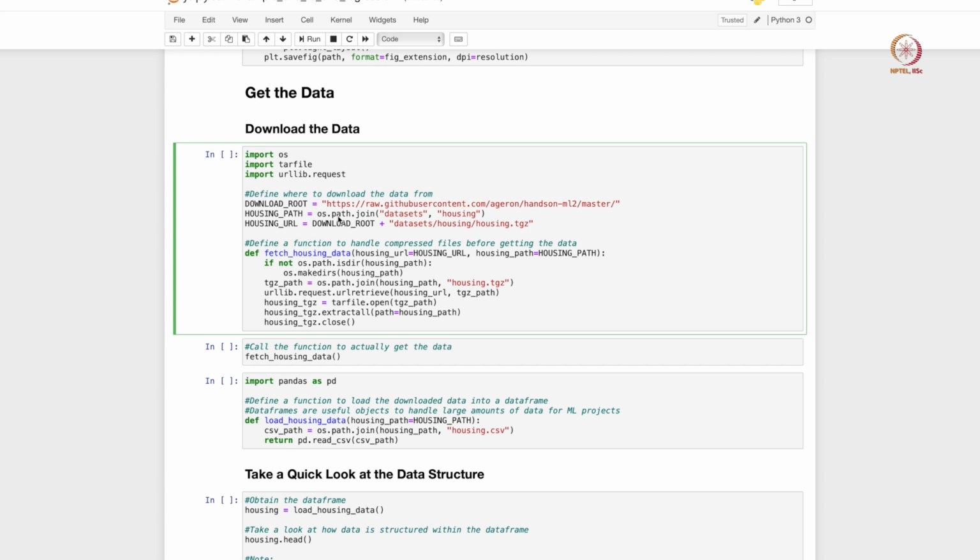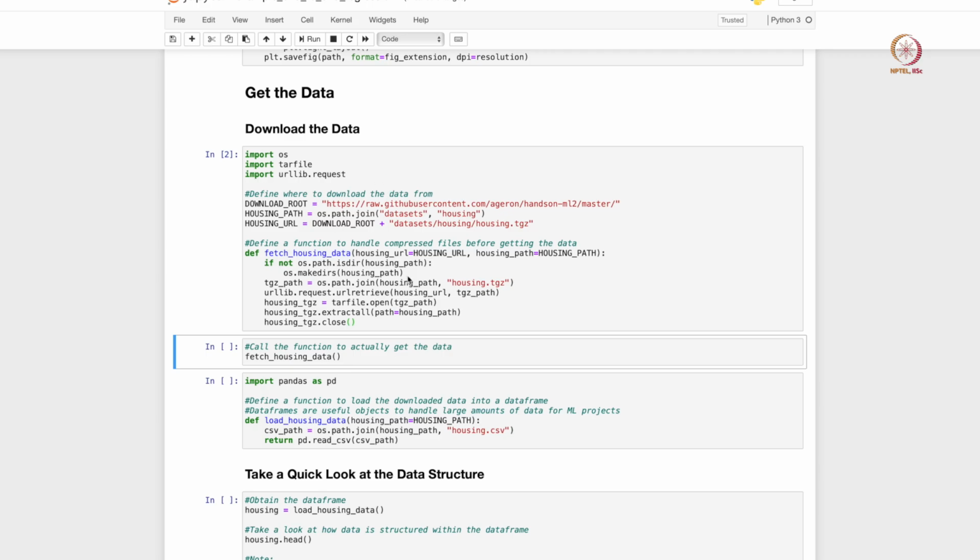So the data set that we are looking for, the California housing data set, is available in this GitHub repository here, right. So we are basically going to just download the data and then extract the zip files, and for extracting the zip files we are defining a fetch housing data function here, which we will be using to extract all the files. In case you have difficulties in following all the lines of code, do not worry. We will go through some basics of Python in the first hands-on session that will follow after the regression exercises. So let me try to execute this block of code.